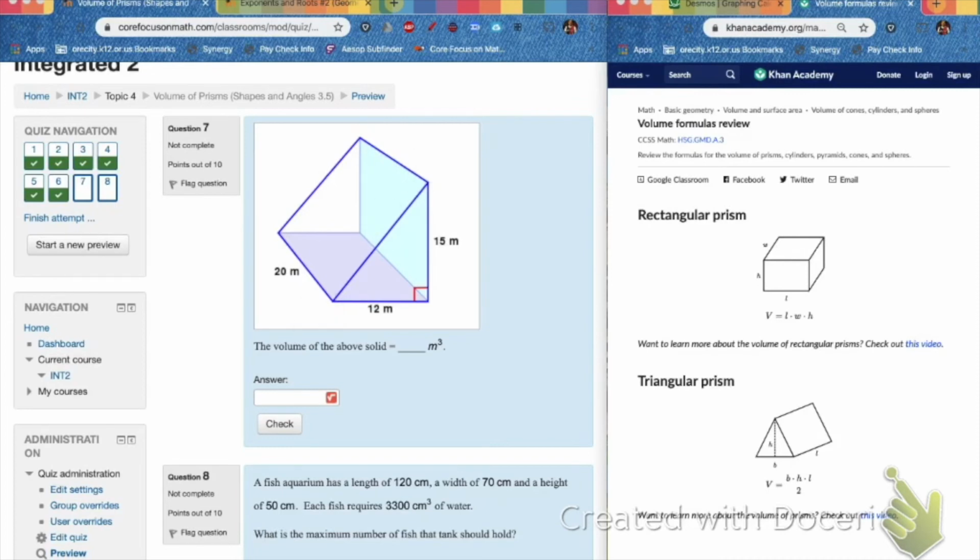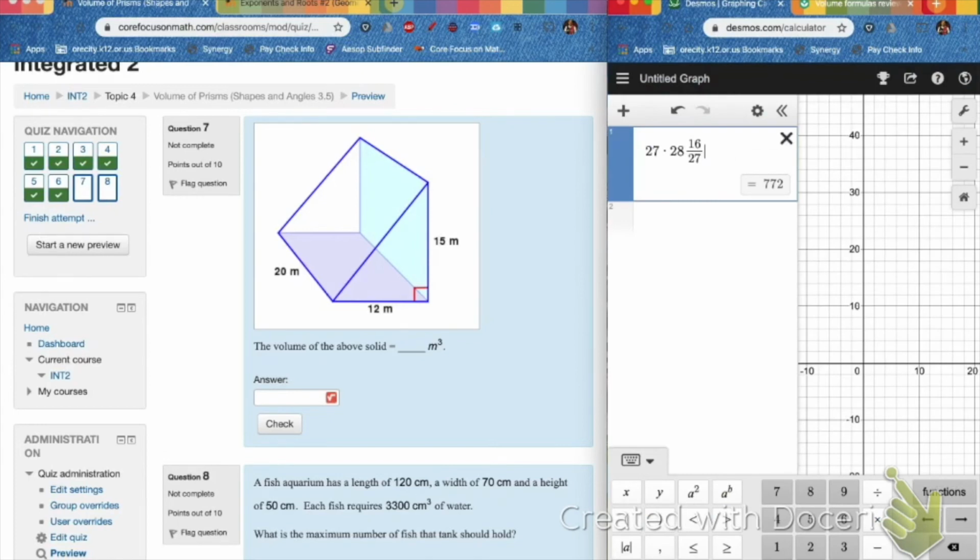In other words, let's do what we did before, but then divide it all by 2. So I'm going to take my 3 numbers, 20 times 12 times 15. But then I'm going to divide it in half. Now watch this. This is kind of cool. So if I take all 3 of these and then divide it by 2,